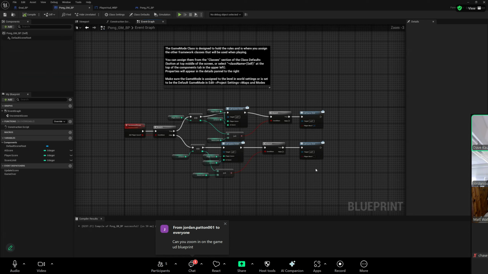So the way this works is based on my boolean, it's going to return one of two values for this to use. If the player won, it'll pick A. So inside A, I'm going to type in you win. And if it's B, then you lose. And then also I want this to become visible, so I'm going to set visibility, pick visible, and pop that here. Okay. So now,